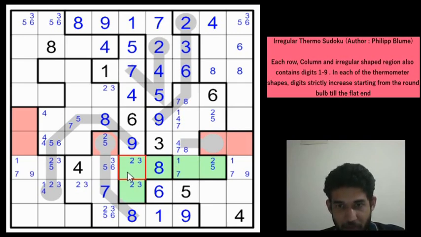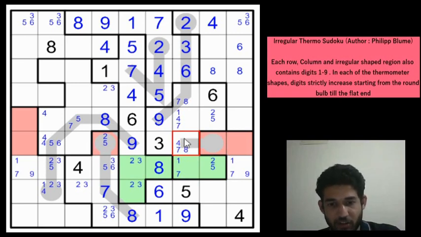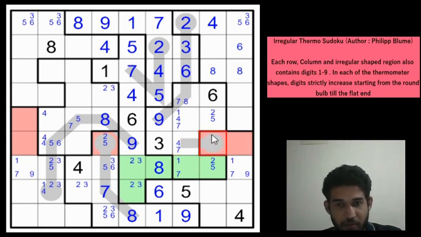We also need to place an 8, right? In these red cells, because you have an 8 here, we need to place 2, 3 and 8, 1 and 7 and 2 and 5. Okay. Let us see if we can place the 8 somewhere. You can't have the 8 here, right? Because if you have the 8 here, then you are eliminating 8 from all the red cells. So you can eliminate 8 as a candidate there. This is not an 8, which means that this can only be 1 to 6 because maximum value here is 7. So this can only be 1 to 6. And if you see closely, it cannot be 2, 5, 6, 3 and 4. So this can only be a 1.